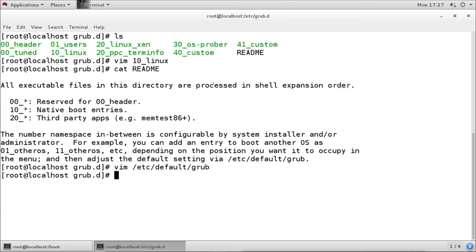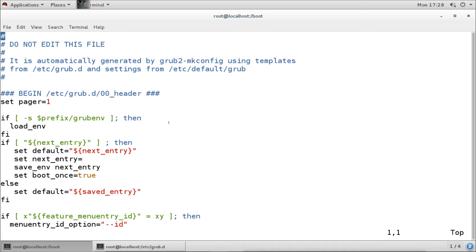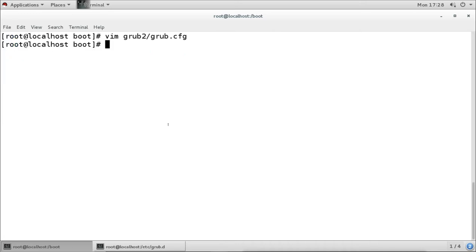Now I save the file. Now this setting is not going to be read by the kernel, because when our system boots, it only gets access to this main file. So when our system boots, it only gets access to the boot directory, and under the boot directory it will get access to this grub configuration file.